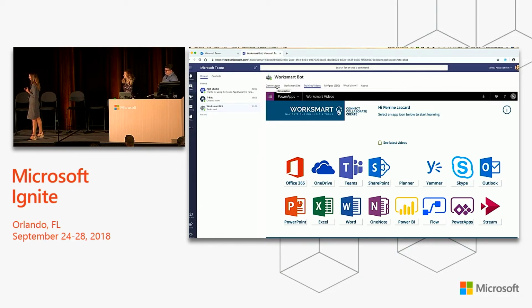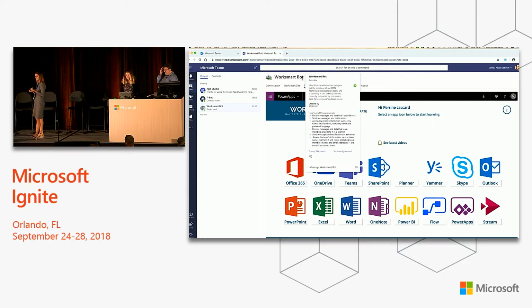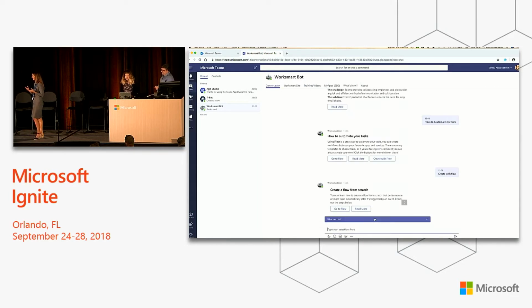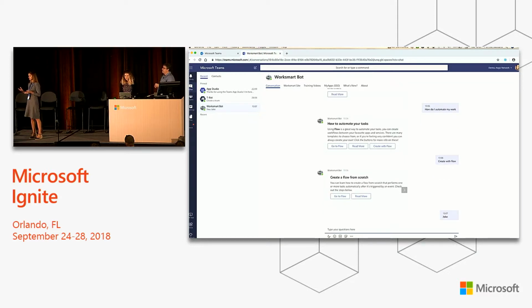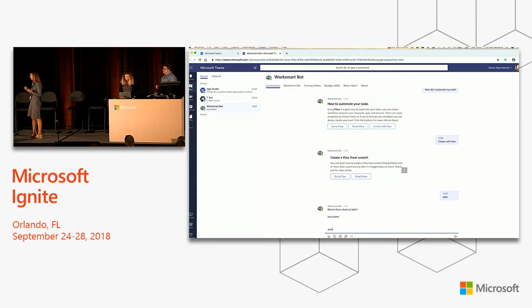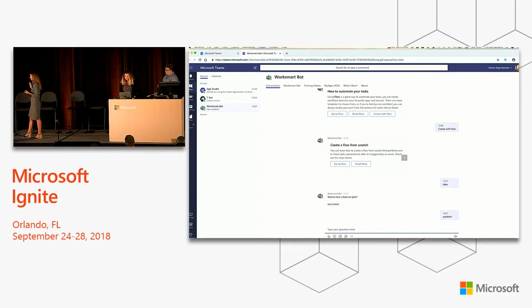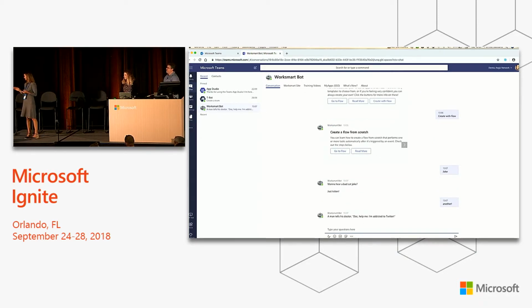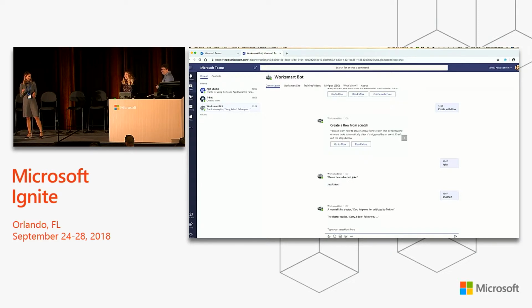So we have some tabs here, but what about the personality of a bot? Because our company is a media company. The average age of the company is about 22 to 25. So it can't be something boring, it can't be something stern. It needs to be quite fun. I'd like to apologize in advance for these jokes. These are written by Perrine, who's on stage. So feel free to have a comment with her after.